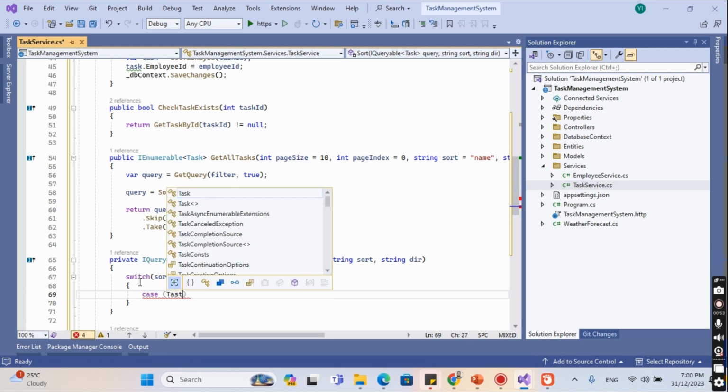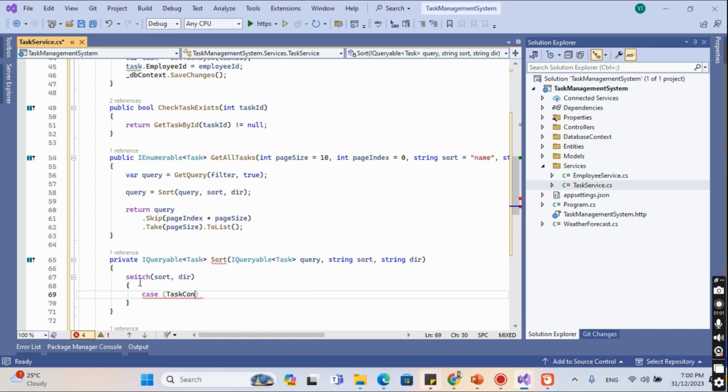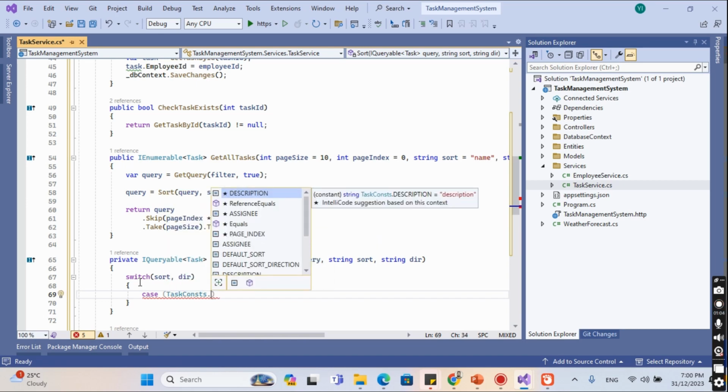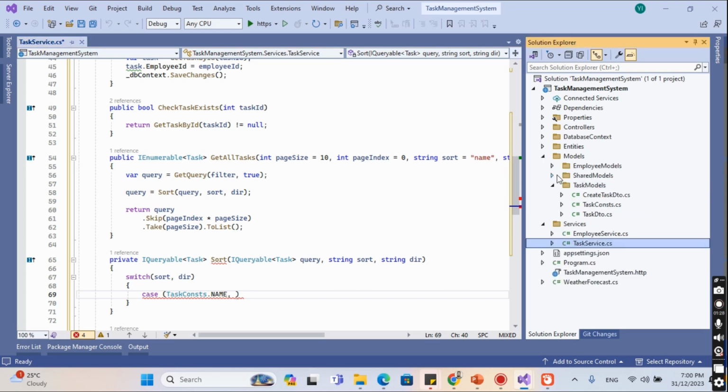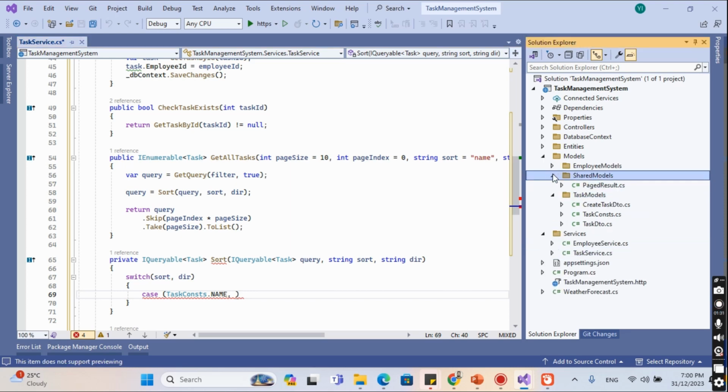Now we are going to use the constants which we have created before. Task constant dot name, which means we are sorting by name, and we need the direction. For the direction we need another constants. So let's go to models and shared models,